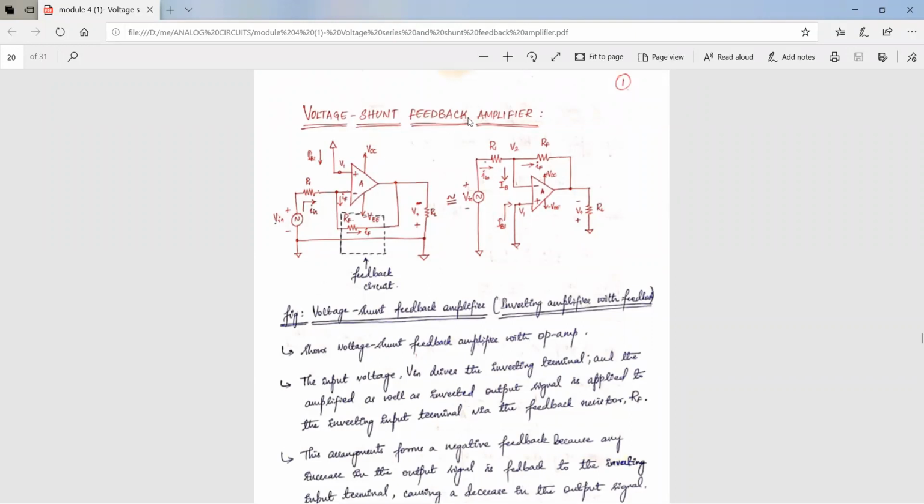So, this is the configuration of the voltage shunt feedback amplifier. This acts as an inverting amplifier with feedback. You can observe that the input signal Vin is given to the inverting terminal and the non-inverting terminal is grounded directly. This is the feedback path wherein a small amount of the output signal is sampled back as the input to the op amp through the feedback resistance RF, and Vin is given to the inverting terminal